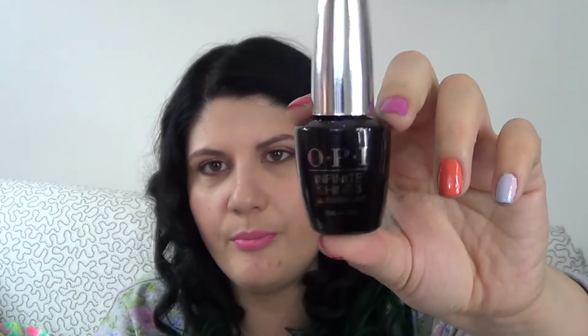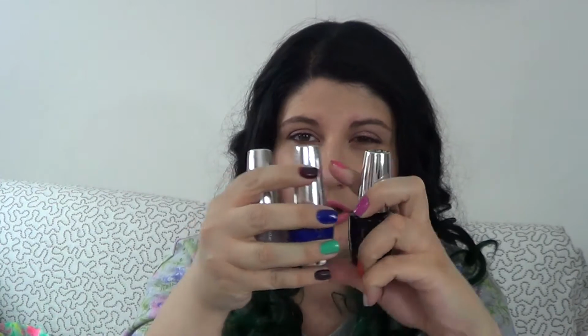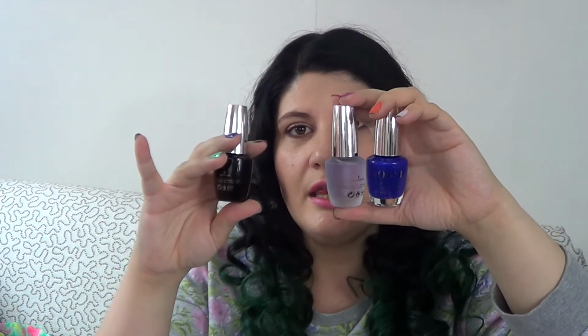And at the end, after you apply the 2 coats of the Infinite Shine nail polish, then you put the Infinite Shine gloss, which is step number 3. So let's summarize. You get the base, you get the nail polish, and you get the gloss. But this is a system that will cost you more than 70 francs if you live here in Switzerland. So in any case, I would say that